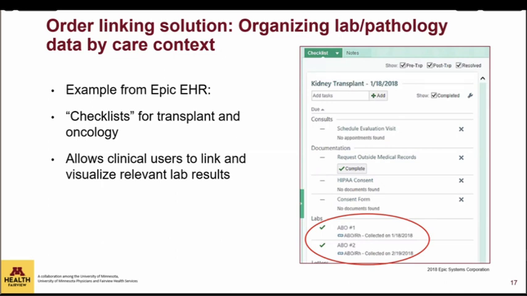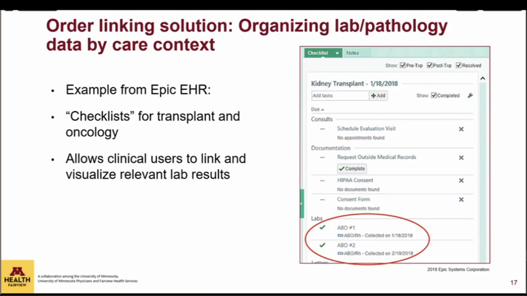Another order linking solution that is pretty commonplace in Epic systems on the chart side is, well, this application is becoming common, but I would say it's overall a fairly newer concept to think about, where we look at lab data. So historically, and I'd say in most cases even today, when you want to look at lab data, you go to the lab section of the EHR, right? You go to the results review grid, you go to the lab tab, whereas that's really not where the data is the most useful. The data is most useful in line with the other data that you need to care